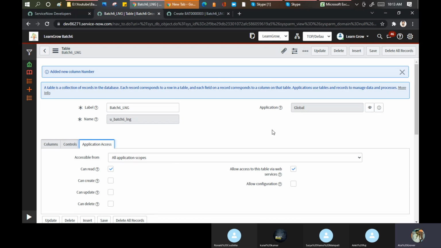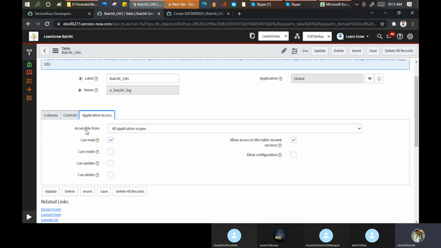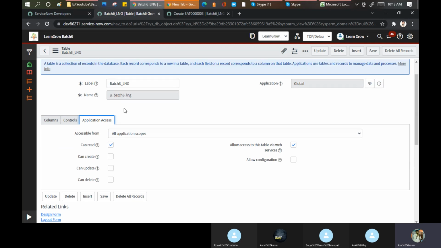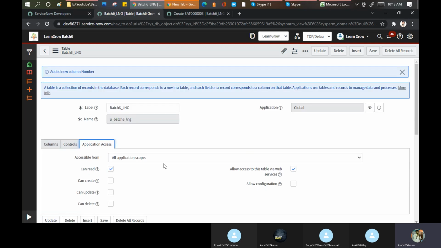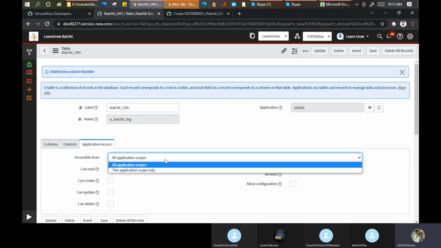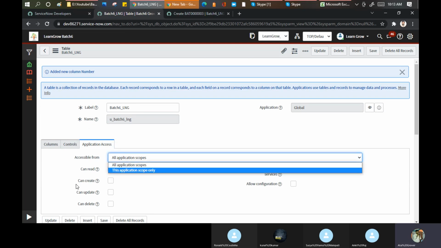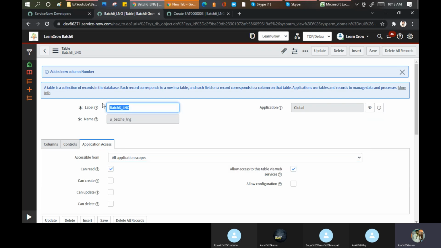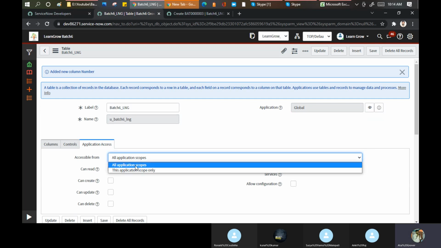If I go here and show you, accessible from, this table is accessible from, there are two options: all application scopes or this application scope. It means if you want to use this table in other scopes as well, yes, you can use it. Or no, only the global scope can use it.